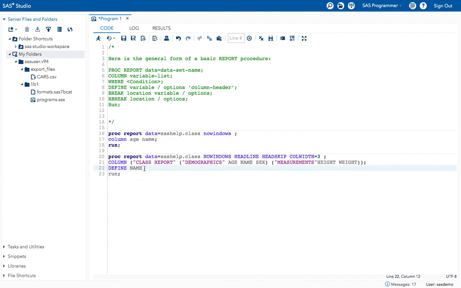How can I do that? Define name is the variable name that I want to change, and give a slash, and in the quotations give the new name that you want to assign. Now I want to give the name student name. Okay, now execute the program.